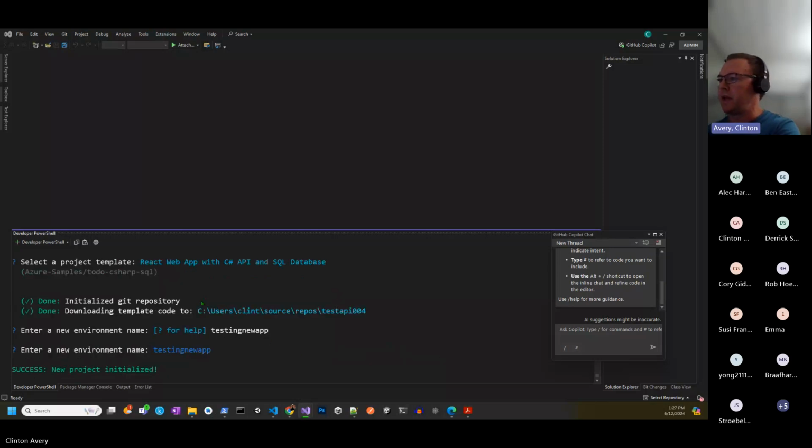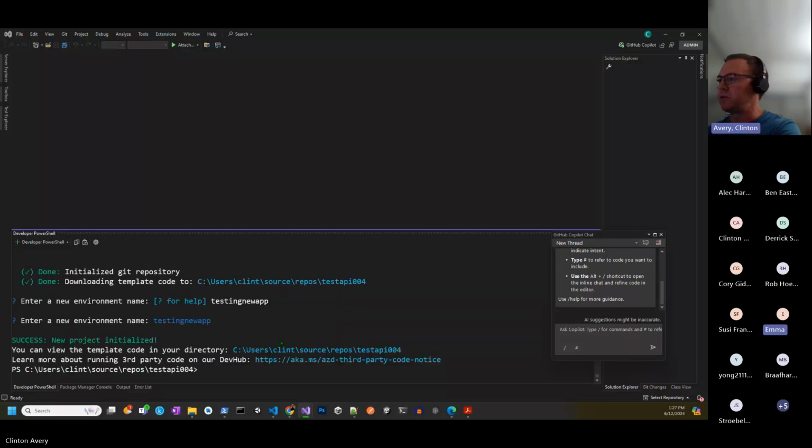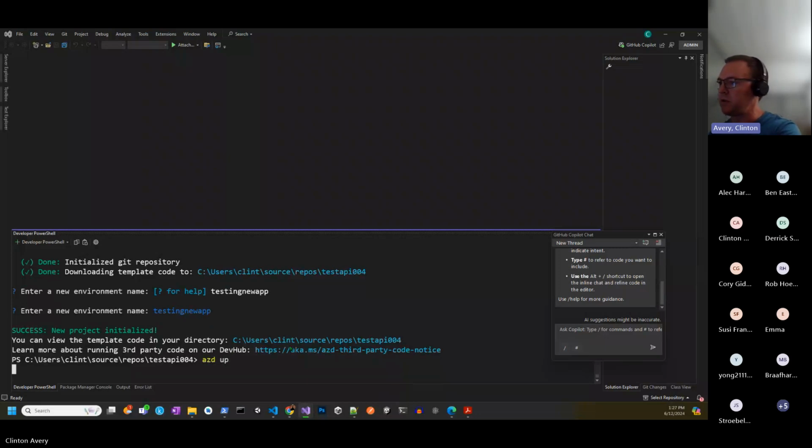Okay, so the azd init is complete now. Once you've done your init, then you can do azd up. And up combines two commands: there's a provisioning step and a deployment step, so it runs both of those at once. So if I do azd up,